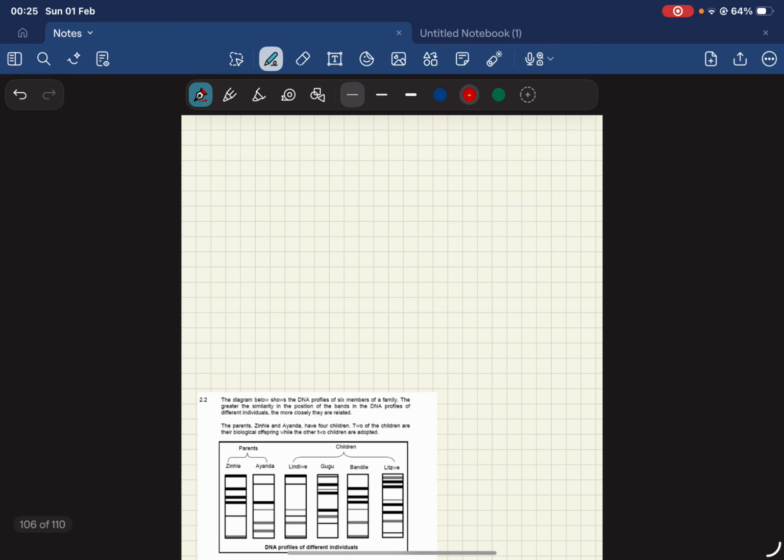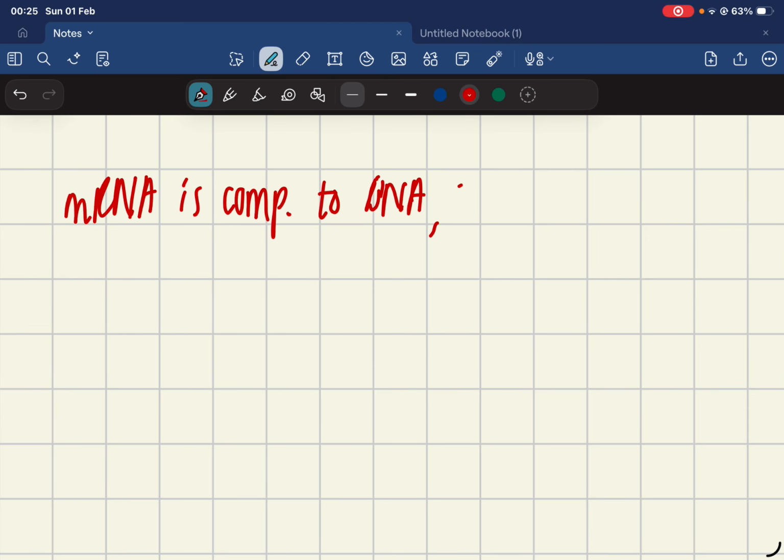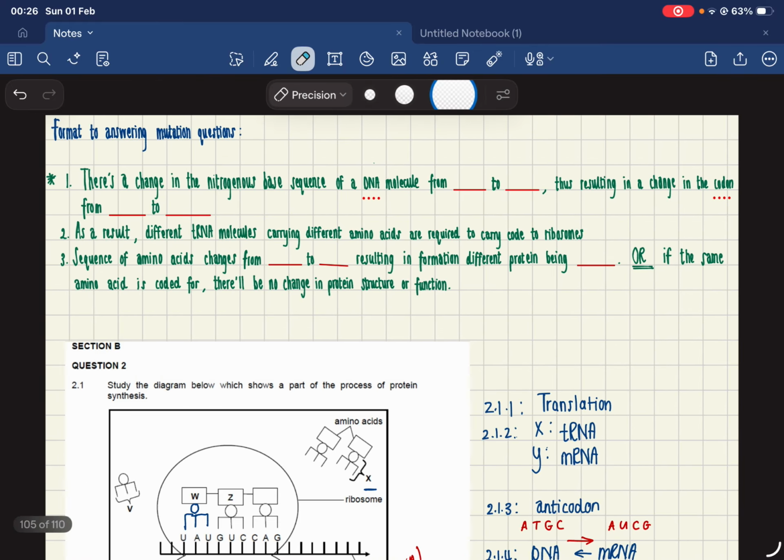And then mRNA is complementary to DNA and obtains the coded message for protein synthesis, exactly as I've written it when we were doing